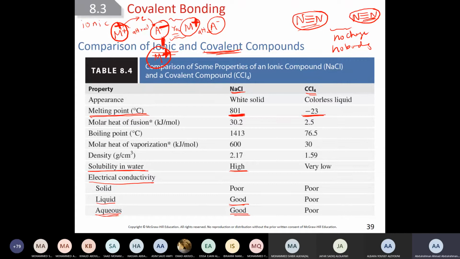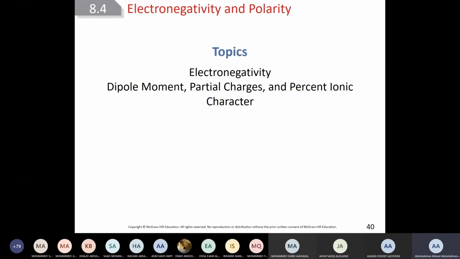molecular compounds or covalent compounds are usually not soluble in water, or have very low solubility. They do not dissolve in water. And they are very poor conductors or non-conductors. They don't conduct electricity. Is this clear? Good. Now,